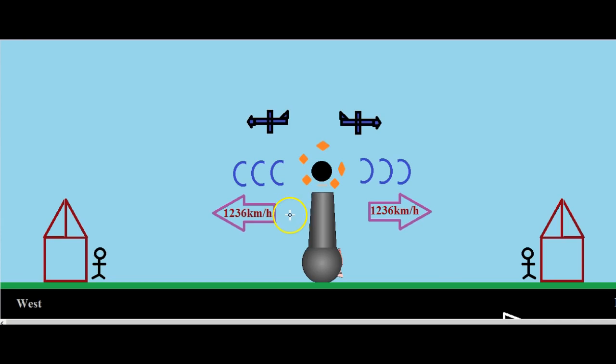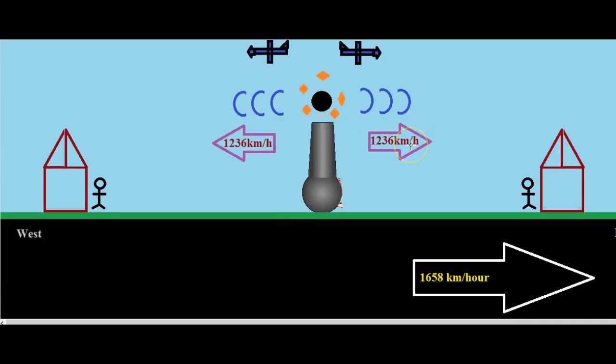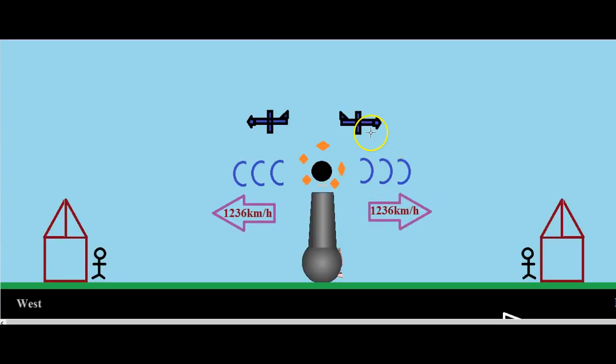Sound moves slower than what the Earth supposedly spins, and yet no matter what side you're on, you can hear the cannon go off. Airplanes can only go at 500 kilometers per hour, and yet when they head towards the east,